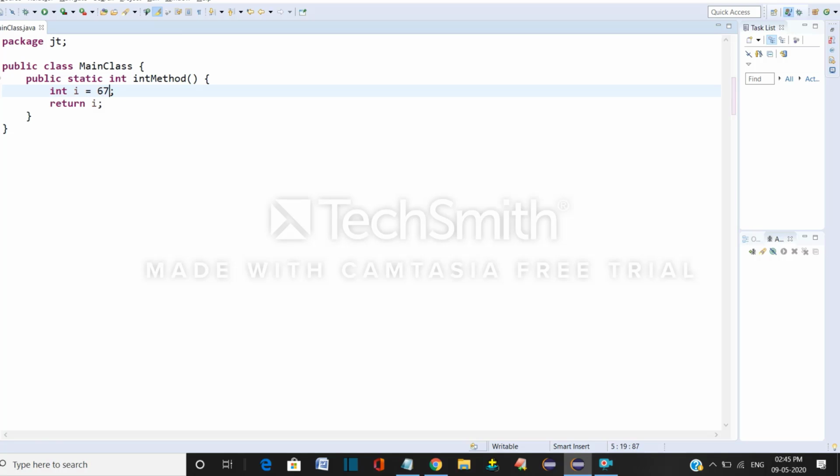It should always be perfectly an integer. So by defining it like this, from the right-hand side the value 10 will sit inside i, and now I type return i. Return i means nothing but the value inside i is returned by the method.